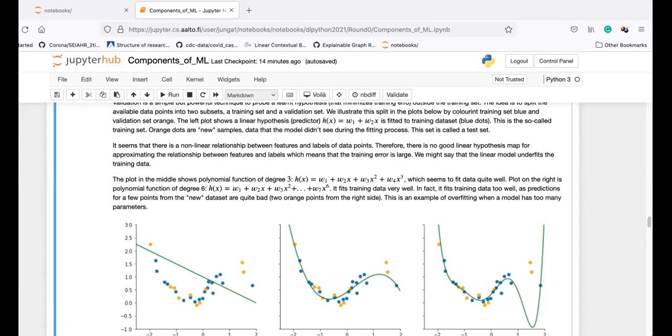Regarding the notation test set or validation set, what is similar between them is that both are not used for the training of the model. A test set is not used for training the weights of a deep net. What makes a test set become a validation set is if you use the error on these orange dots, for example the mean squared error, to change the model. To say, okay, here I overfit, so I should use a smaller polynomial degree. As soon as you use this error outside the training set, the test set becomes a validation set.